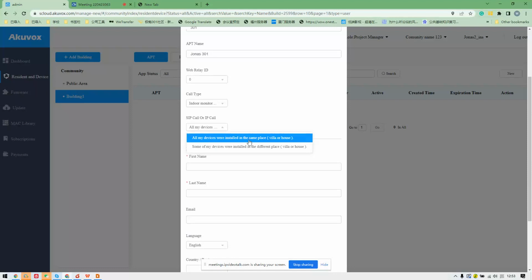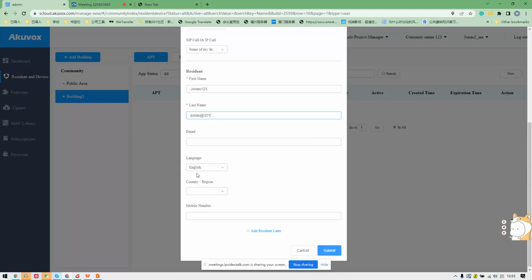But if you choose that some of my devices will be installed at different places, meaning your devices are sharing different networks, when you press the call, the call will use SIP to call both devices. So here you have to add in the residence name. So enter the